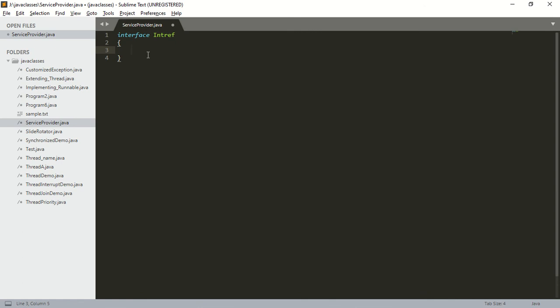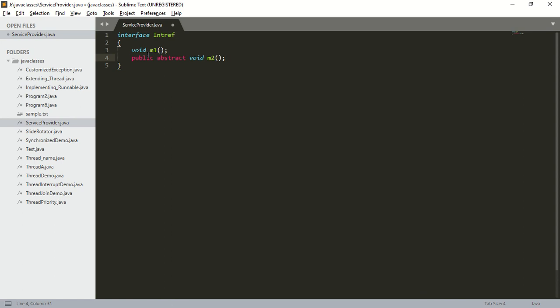My first requirement is void m1. My second requirement is public abstract void m2. So this interface has two requirements, m1 and m2.